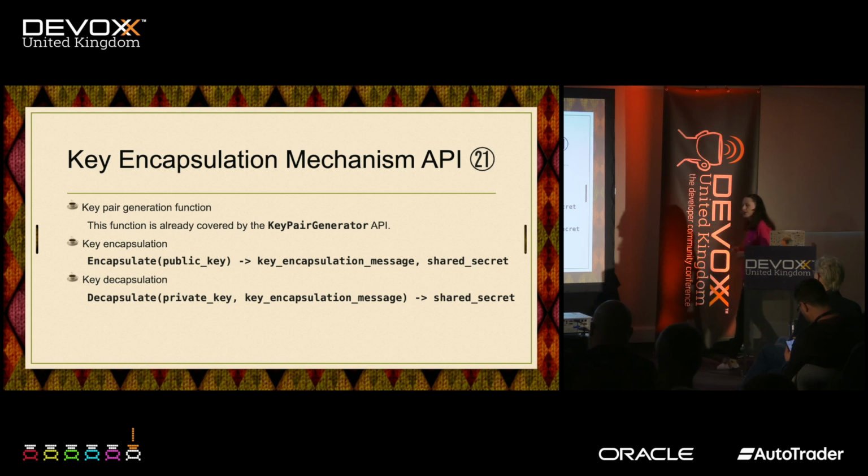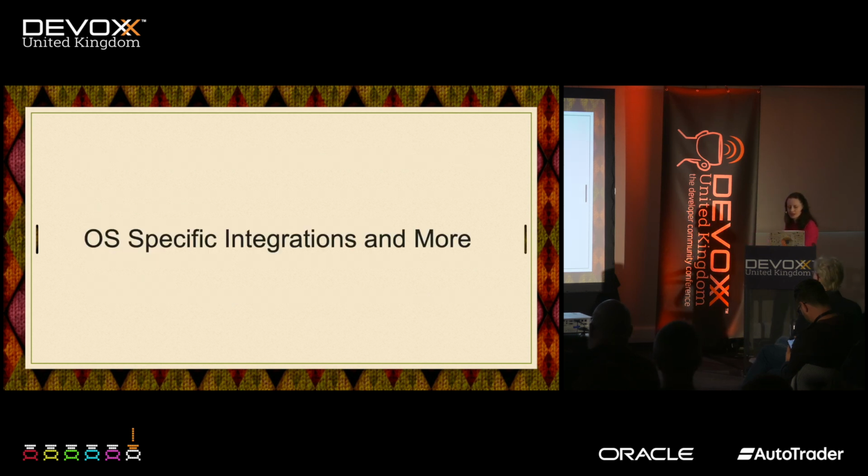Now, in JDK 23, there are going to be some more developments about KEM, and I've recently seen a JEP around that. And probably I'm going to talk a little bit about it at the end, if there's time. What else changed besides APIs? There were also some improvements at the OS-specific level. So there are specific features in the JDK that are typically dedicated to operating systems, and they function only for a specific operating system, like Windows, macOS, and so on.